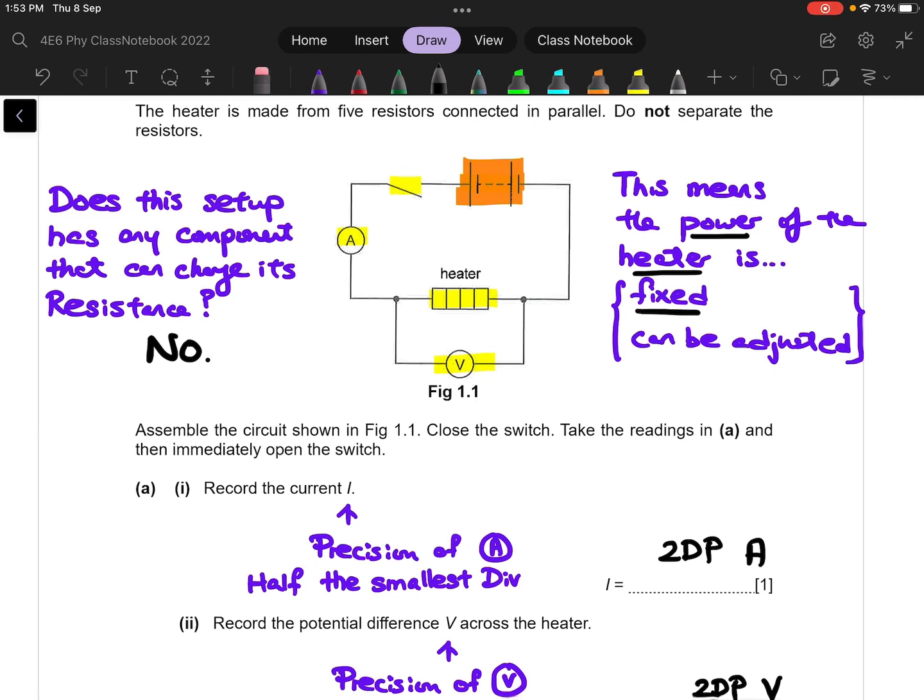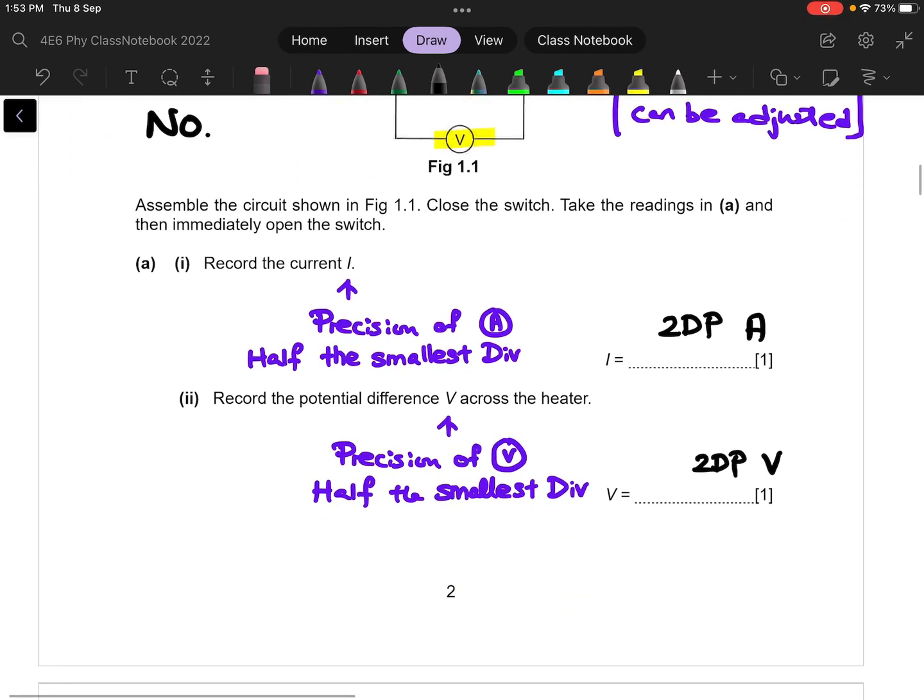So if you look at this circuit, you will realize that actually the power of the heater is fixed as well, right? And this means that the P over here is going to be fixed, and that will help you reduce some of your insecurity in your design experiment, because now you know P is fixed. Okay, then for part A, it is basically to warm you up, and basically to tell the marker that your battery and your series of resistors are working, because we know what is the